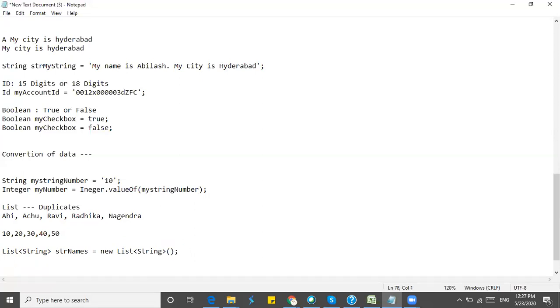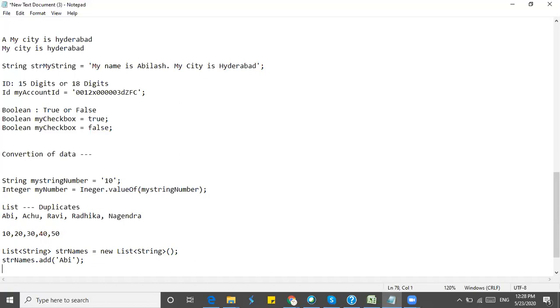So if you want to add that data into the list, then the format is str names dot add. So Abhi will be added to the list.